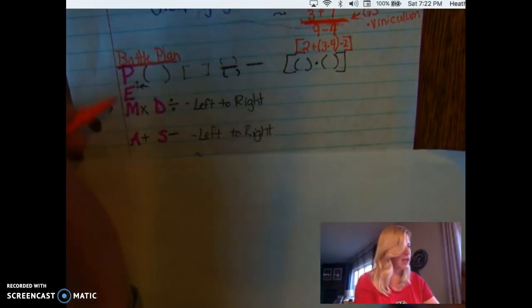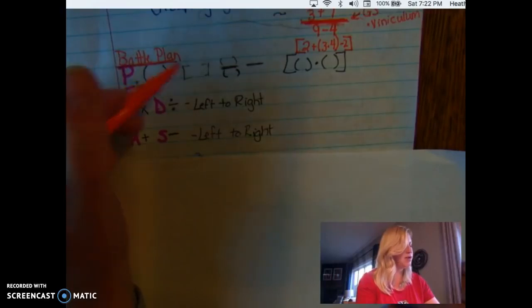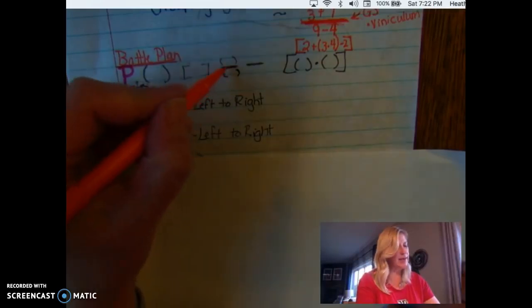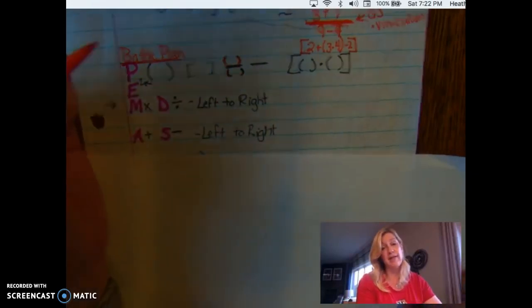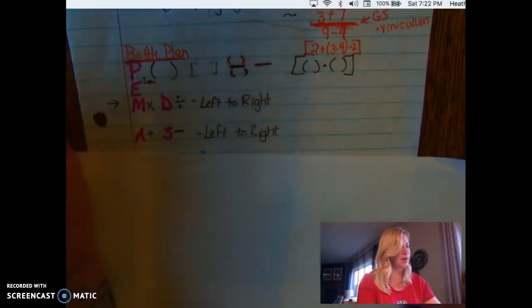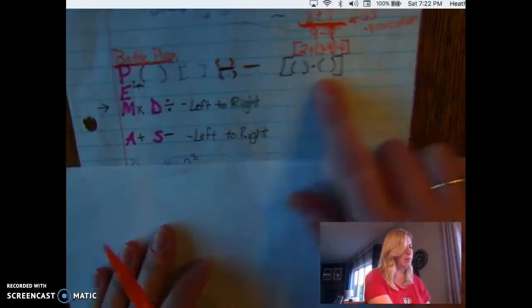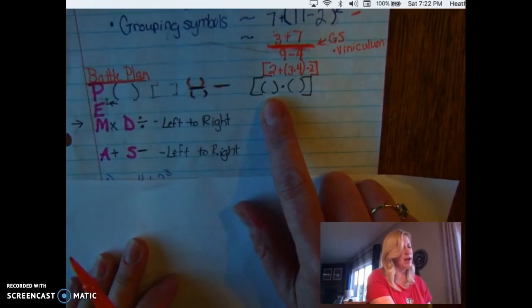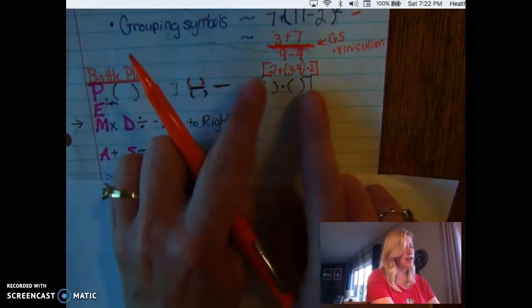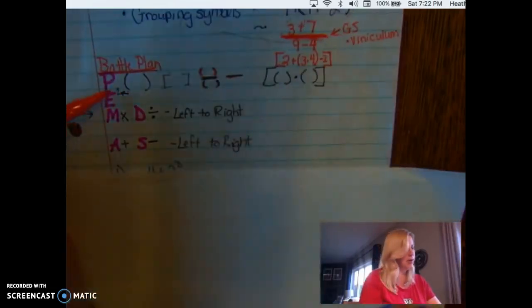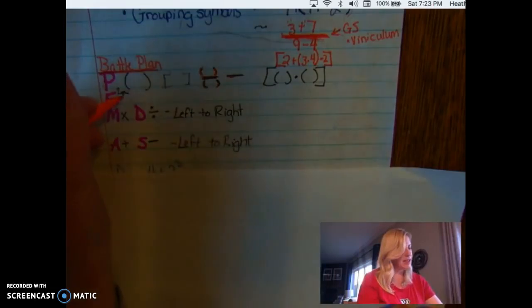But for parentheses, I also want you to think of parentheses that will also include the parentheses, the brackets, and the vinculum basically is implying or saying that whatever is above me or below me should be considered to have parentheses. So I included the vinculum right here. And I put this off to the side to remind you that a lot of times the parentheses are inside what we call those brackets. So parentheses are grouping symbols. E is exponents, and we did our